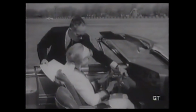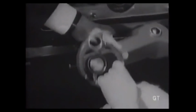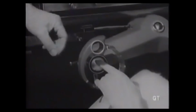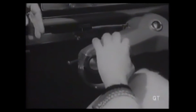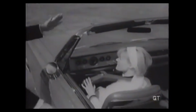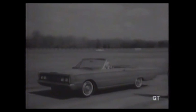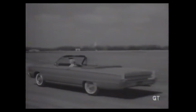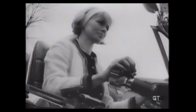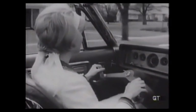Elimination of the steering wheel means additional room that is mighty important on entry and exit. Although the appearance may seem startling at first, the wrist twist steering control takes very little practice to get used to. Two 5-inch rings turn simultaneously and are manipulated easily with one or both hands. A comfort feature of the wrist twist system is the addition of armrests for both controls. Since only a light touch is necessary, the arms may rest solidly on the supports, just like in your favorite